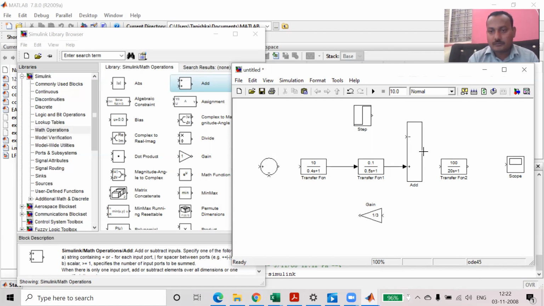Plus, now Control left mouse key, we can connect over here. Again Control left mouse key. Now the step output is connected over here to the subtractor. Okay. Now this output we are connecting to the speed regulator, that is the gain, and this is the negative feedback we are having over here. Okay.